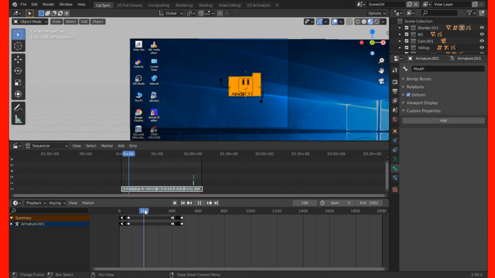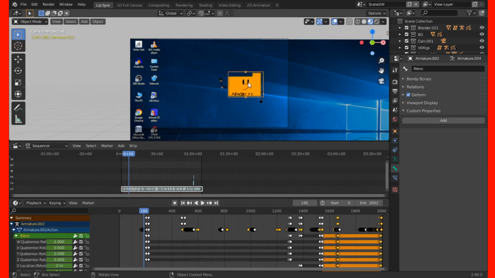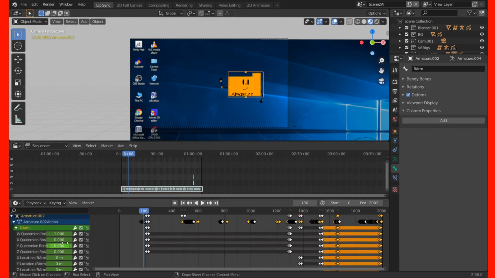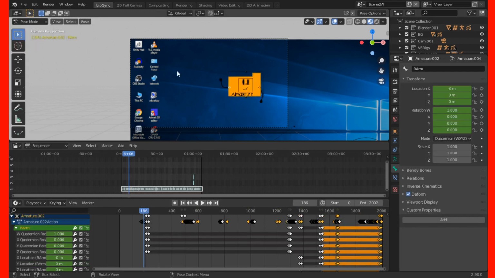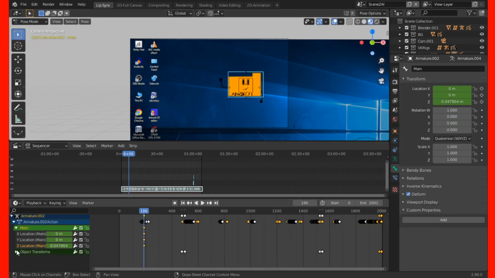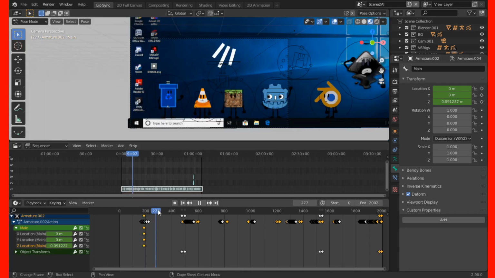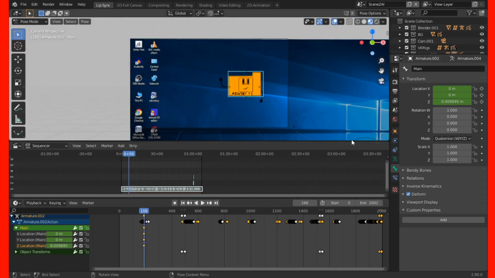I'm just going to blaze through really fast right now. As you can see, this character, Advent, is bobbing up and down. What I did is I went into his main bone and added one keyframe, and as you can see the value keeps changing. I added a modifier to his up and down motion that uses a sine function to move him up and down. That's basically what I did.